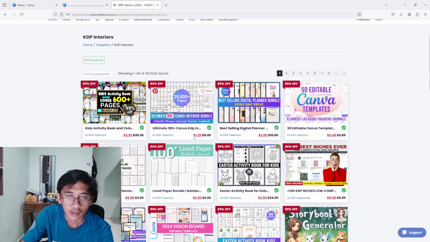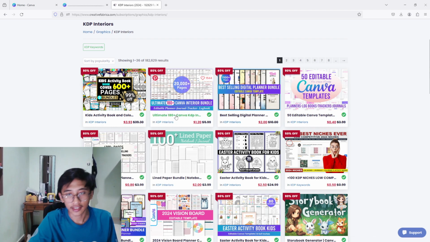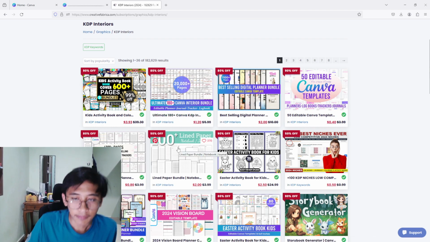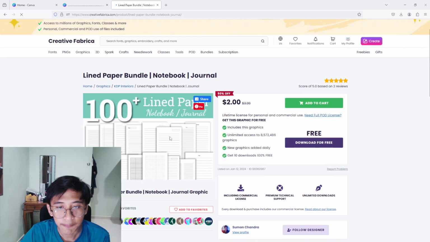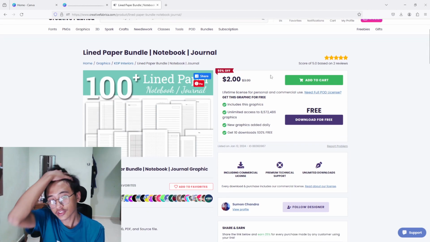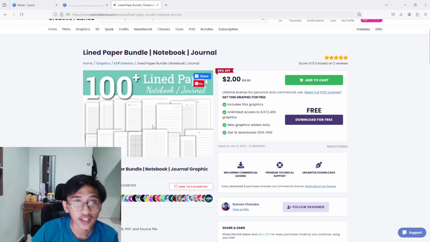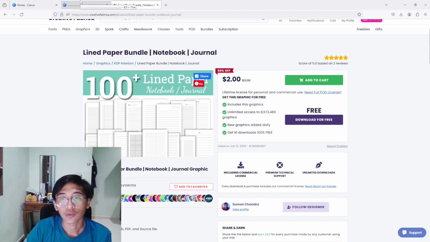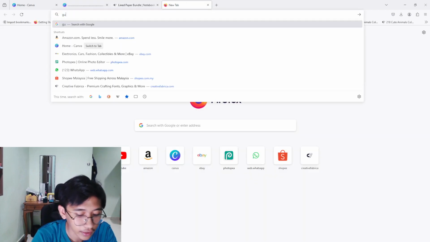So here we got so many types of interior that you guys can use to save your time from making your own. You can just buy it if you want to save your own time. So as an example right here, it only costs around $2 to have access to all of this design. But don't worry, if you want to save the money and create your own, I'll show you another second way that you can use, which is you can go to